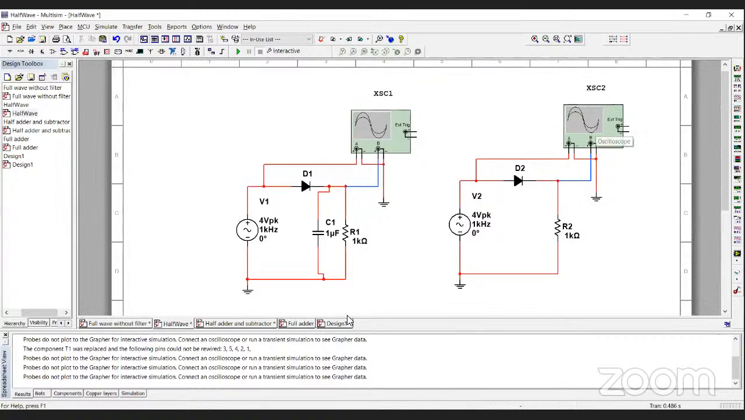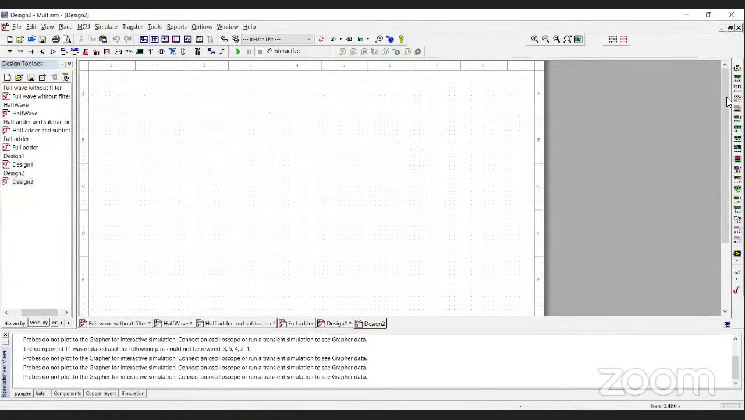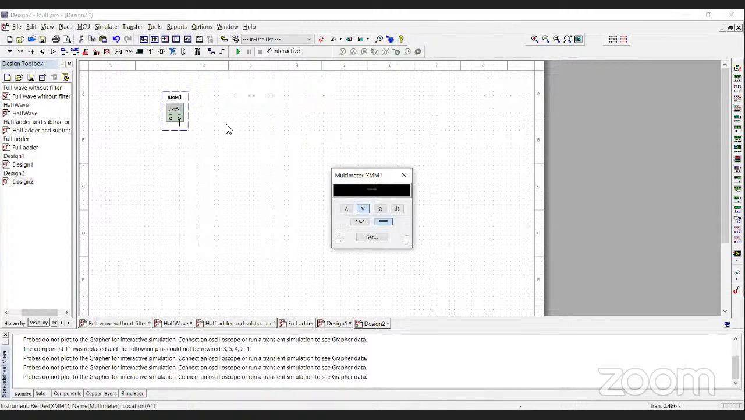Okay. Now the next important thing to see here is, I'll open a new page. The component list here. So now you can see you have a multimeter. Once you open it, it will give the values for current, voltage, or resistance, whatever you want. Then a function generator, instead of a voltage source which you get from the power source,